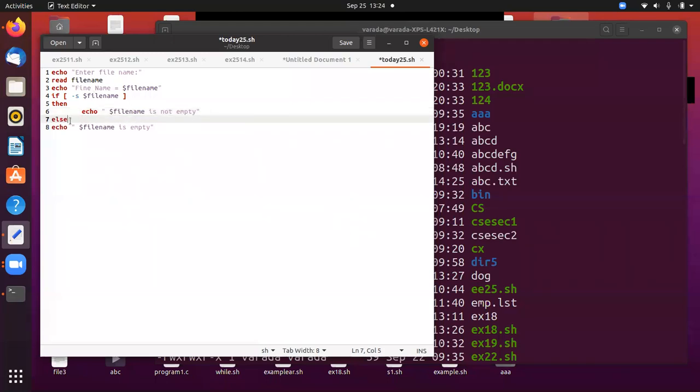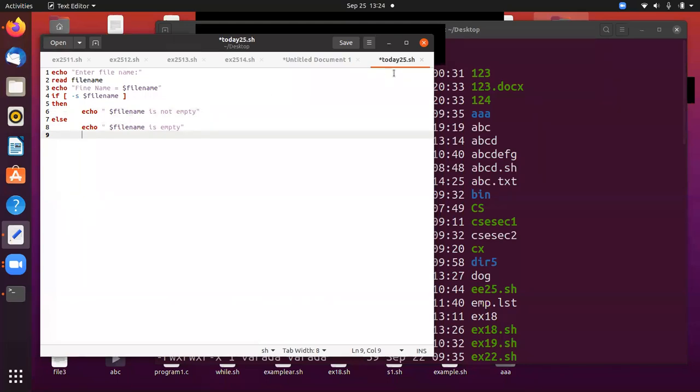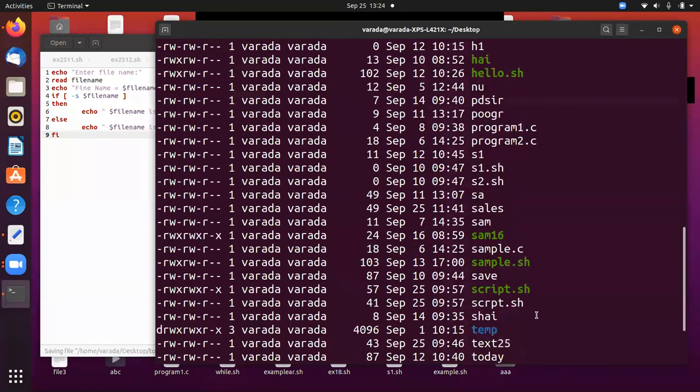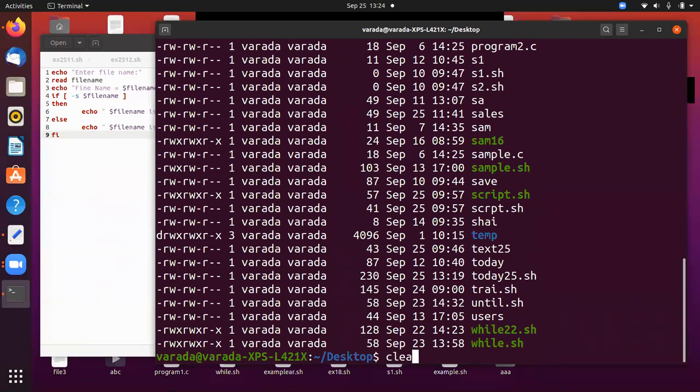Else you are going to print file is empty, and you terminate the if with fi. That's it. This is the program. Now we can save this program. Now we can execute this program.